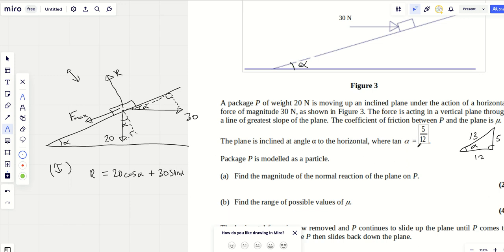Now we've already worked out that sine alpha is 5/13 and cos alpha is 12/13. So we can say R equals 20 times 12/13 plus 30 times 5/13, and that equals, I'll just get my calculator out,